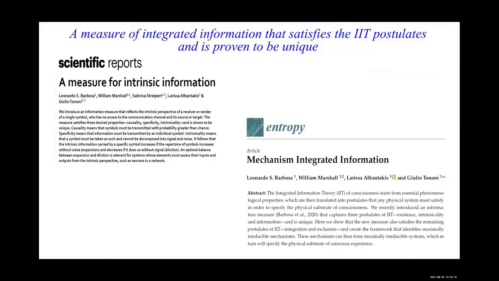I just want to point out that finally, recently, this was always an important and delicate issue in IIT. We've been able to demonstrate that there is one way of measuring phi, in other words, intrinsic information and then irreducible intrinsic information, which is unique. In other words, it satisfies the postulates of IIT. It's directly derived from the postulates that I just mentioned. And it can be proven mathematically that that is the only measure of making a difference, if you wish, that